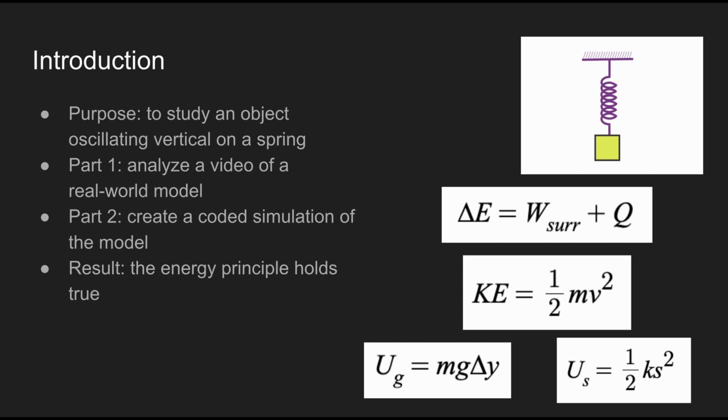Formulas for different types of energy exist and are used in this lab, including kinetic energy, 1/2 mass times velocity squared; gravitational potential energy, mass times gravity times the position y; and spring potential energy, 1/2 times k times s squared. For the first part of the experiment, I looked at a recorded video of a mass attached to a